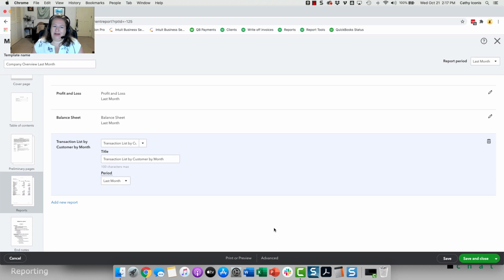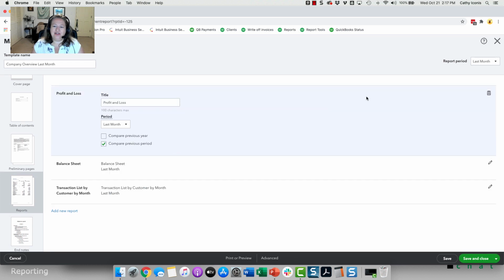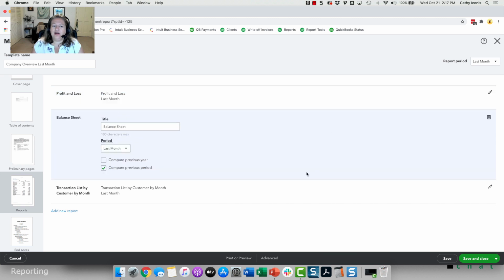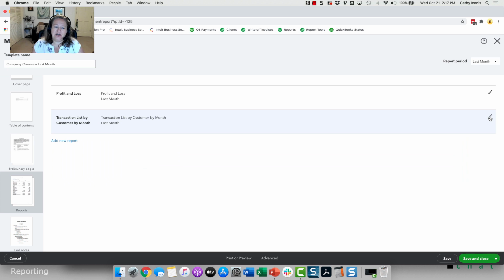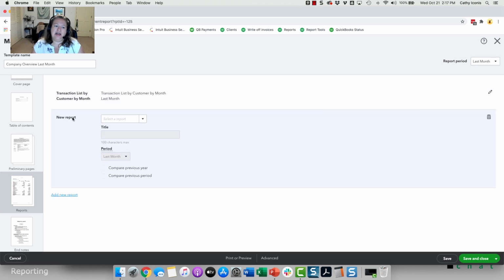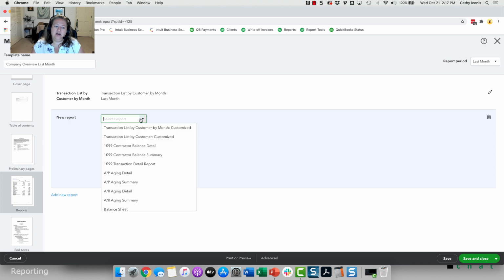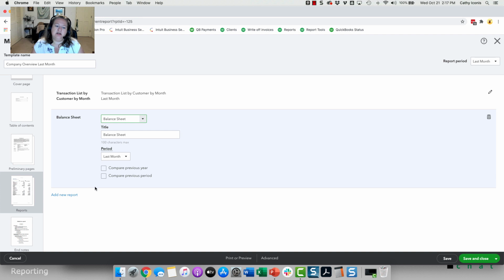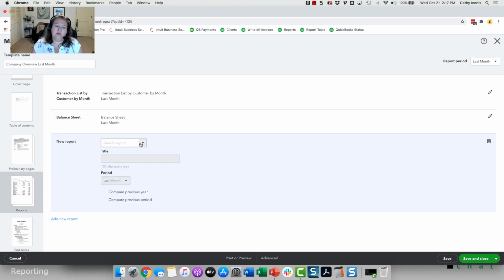One important thing to know about this is that you can't just move these around, right? I should be able to click and move it up. So if you do want to move your report listing, what you need to do is delete it and then add it back in what order you actually want it to be in. So if I want to do a balance sheet first and then do a P&L